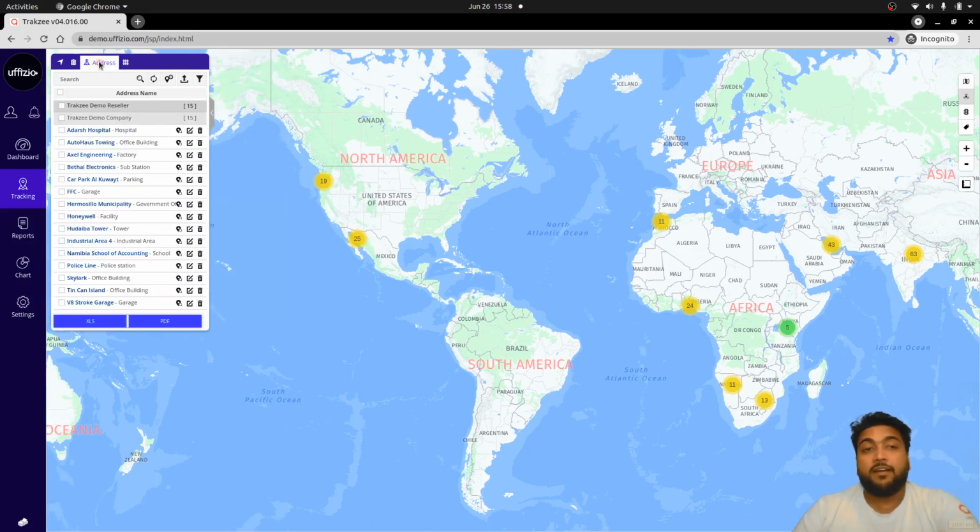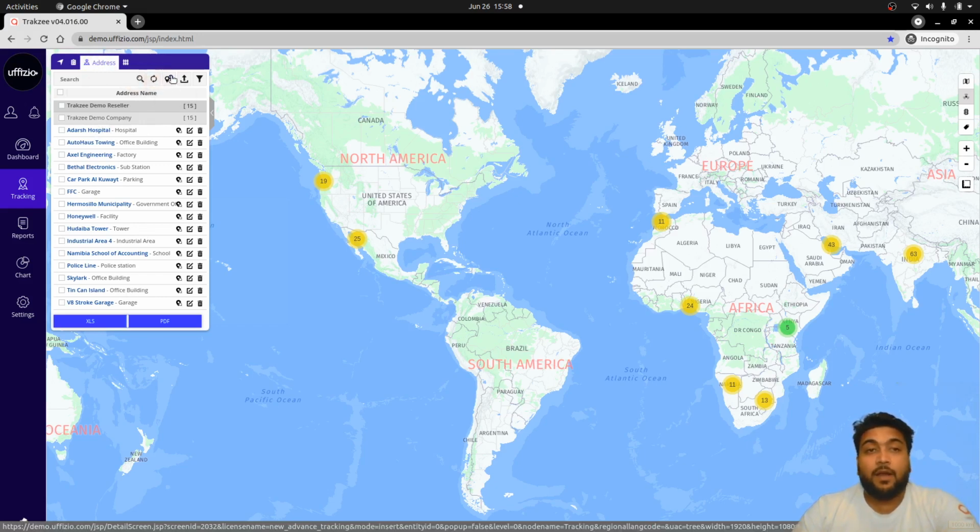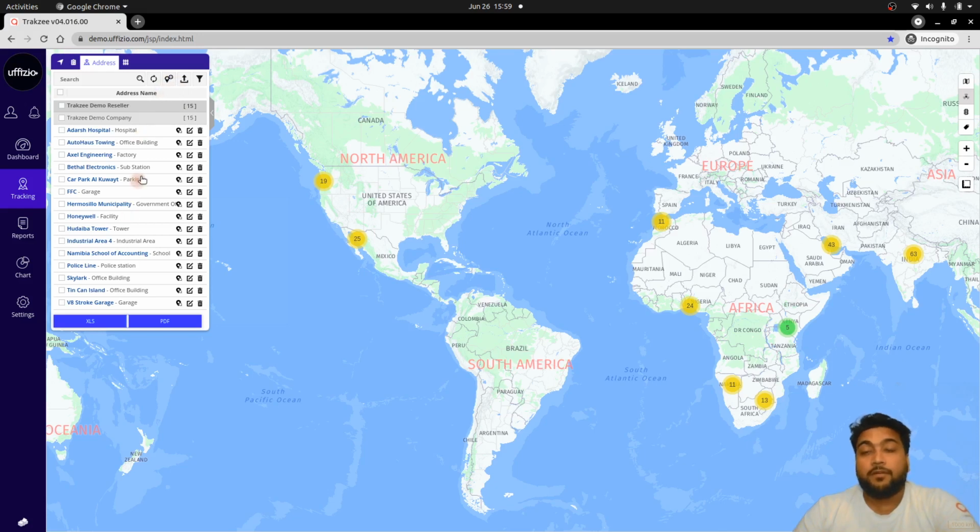Based on the address tab, you will be able to view the list of the addresses that are added. You can search the address as well as reset the address. Likewise, you can add an address and also upload multiple addresses in the software. Accordingly, if you want to filter the addresses, you can view your list of objects based on the filter. Now, apart from that, we have the option for geofence.